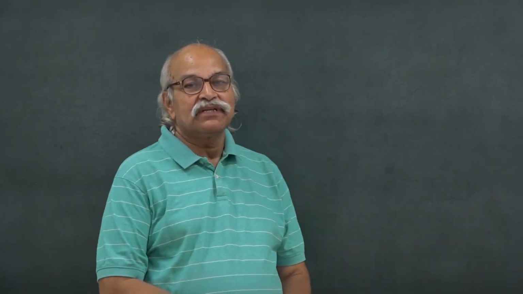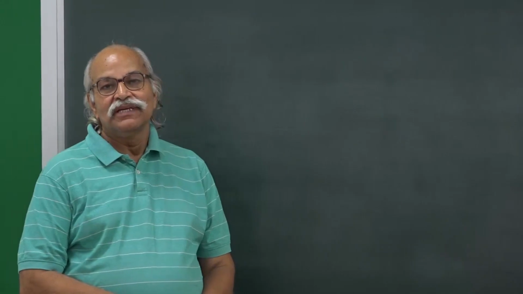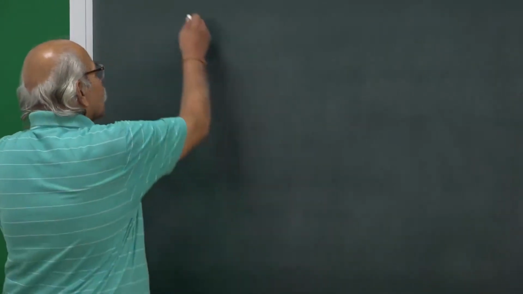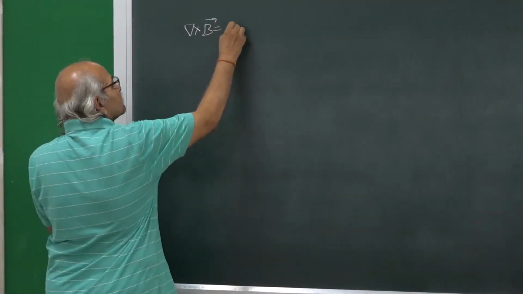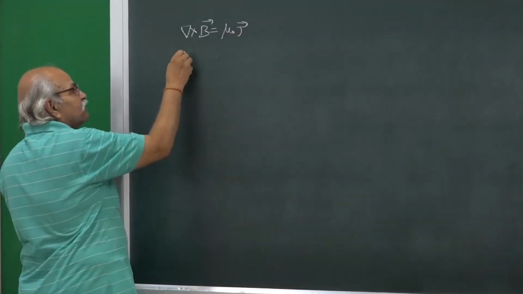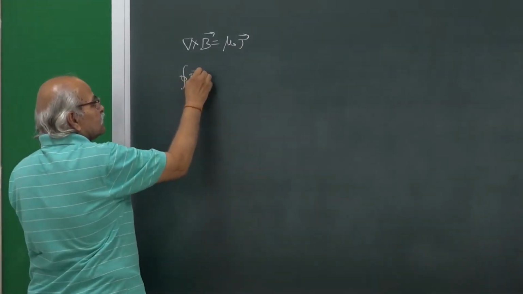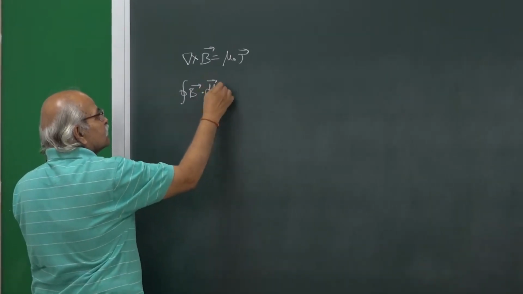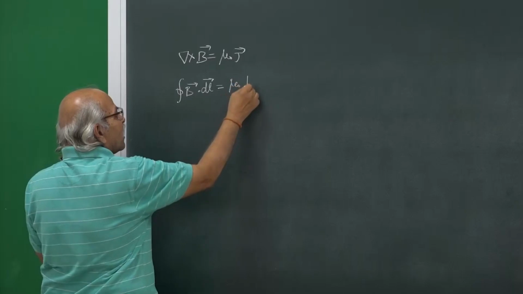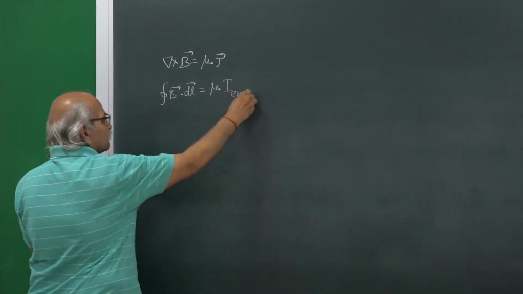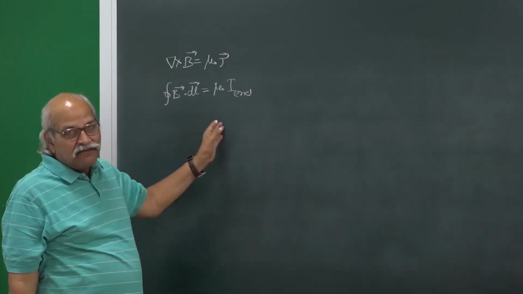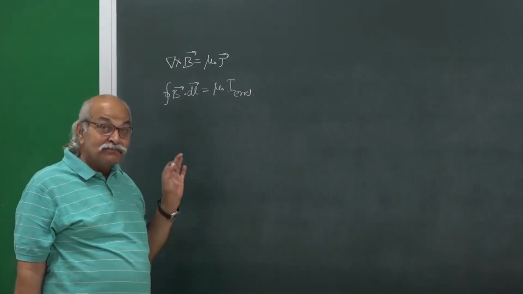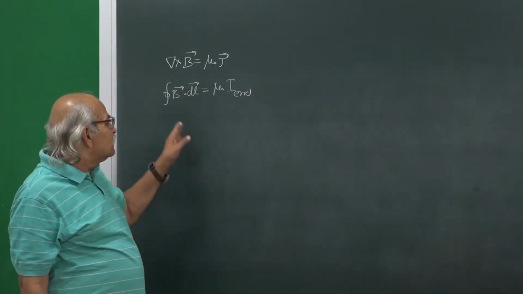So, Ampere's law in differential form is curl of B equal to mu naught J, and in integral form this is the closed integral of B dot dl equal to mu naught times I enclosed. Now, this equation is perfect and is very useful in finding the magnetic field due to some current distributions, but then